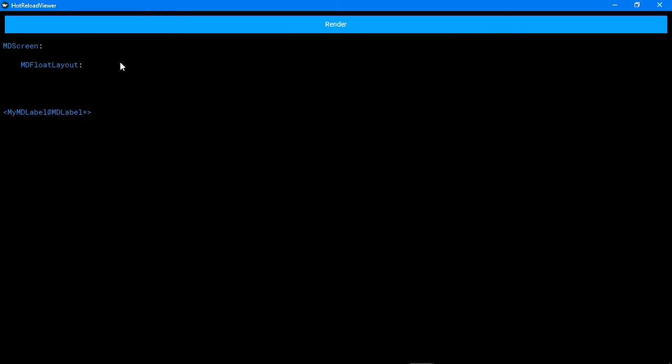Now in order to use the AK animation text behavior, we need to import this from the KivyMD extension library. #import AK animation text behavior from KivyMD extensions dot akivymd dot uix dot behaviors dot label animation.